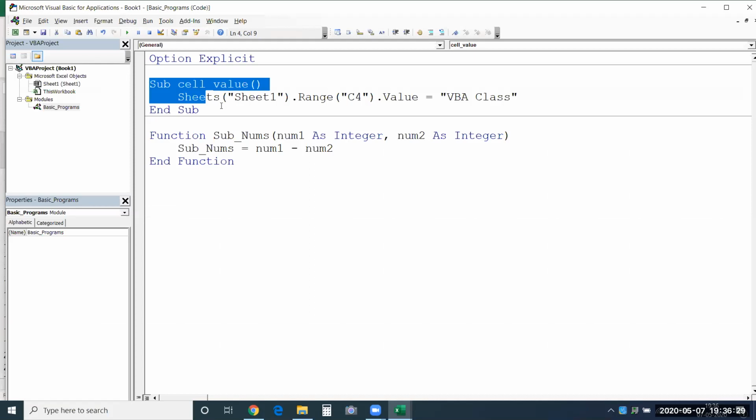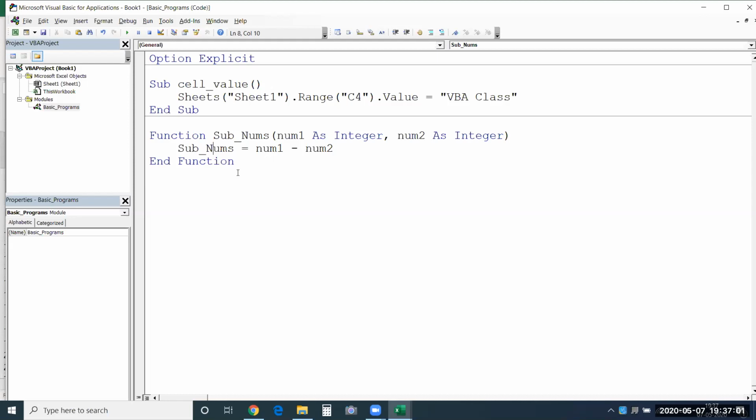Sub, the subroutine, will only execute the instructions that you provide and it doesn't return any value. And the subroutines can be called in various programs, in different modules, in different ways. But a function can be called only when you pass variables to it. You need to provide the value to it for it to perform that action, and it will return a value. So these are the major differences between sub and function over here.